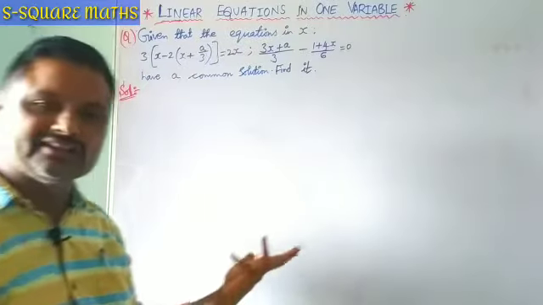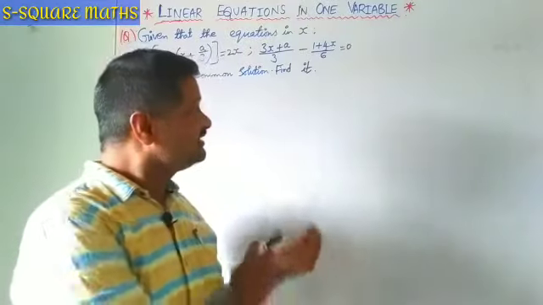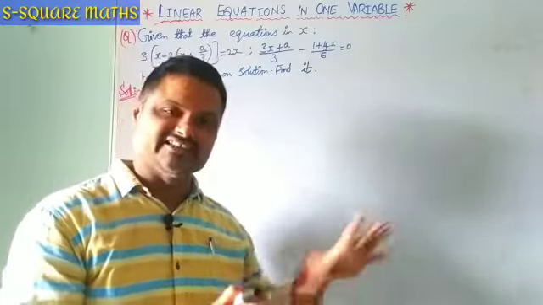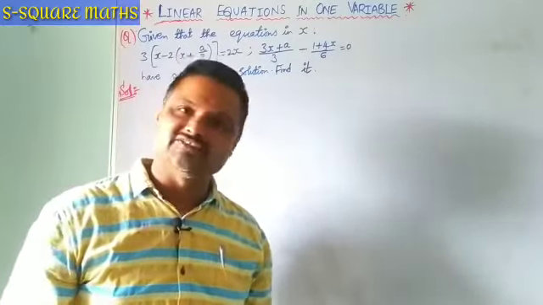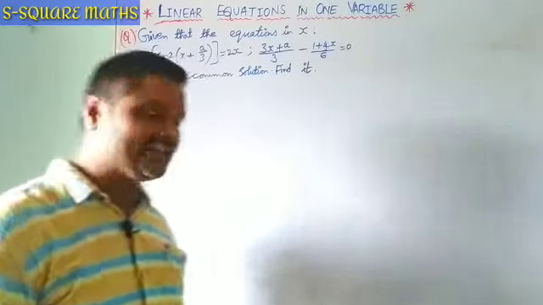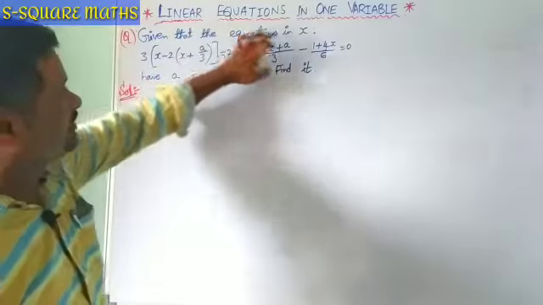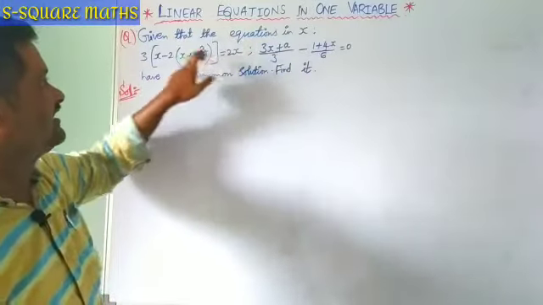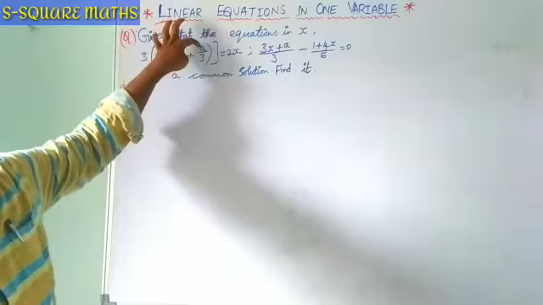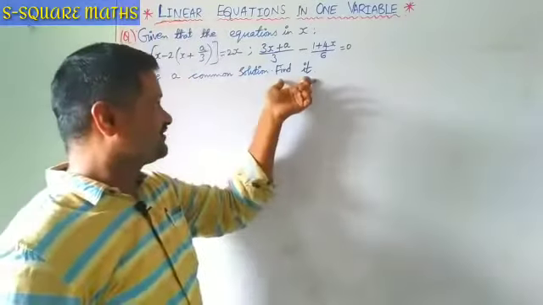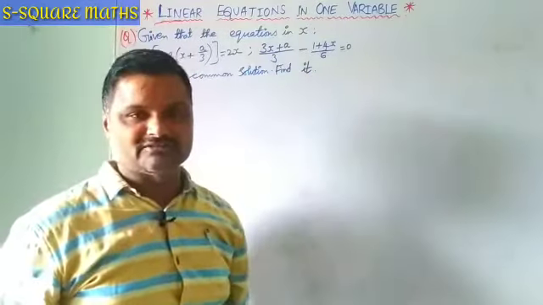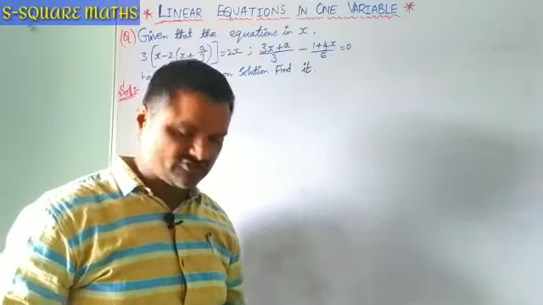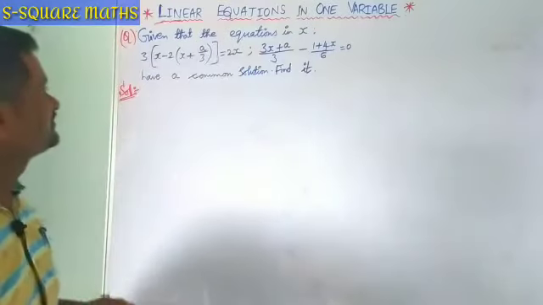Okay, so far in the previous videos we have gone through simple equations, where they give the question and you have to solve for the variable. But here, apart from the variable x, there is another parameter, a. So under these circumstances we have to find out the solution. Okay, so let us move to the solution now.